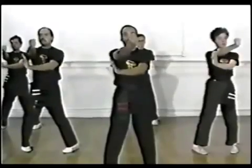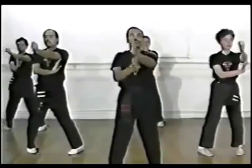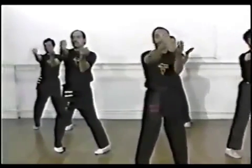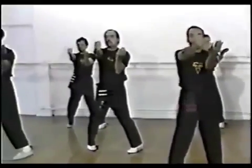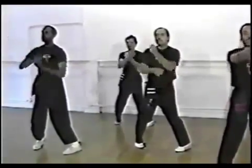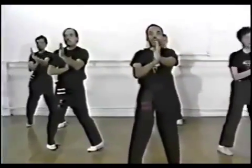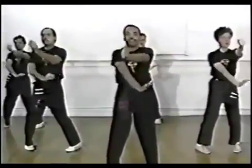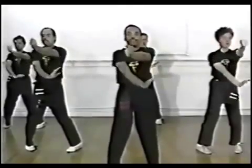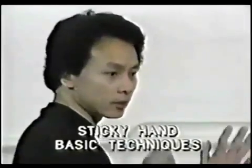1, 2, 3, 4. Tan da. 1, 2, 3, 4. Gan da. 1, 2, 3, 4. Okay, the next step of the training is double sticky hand, because you just learned how